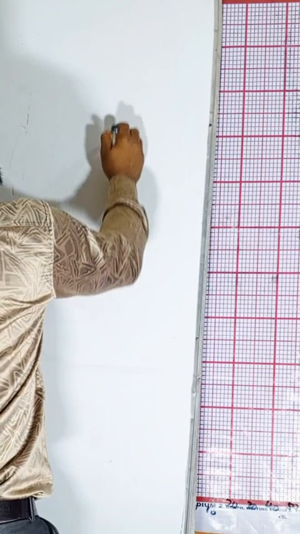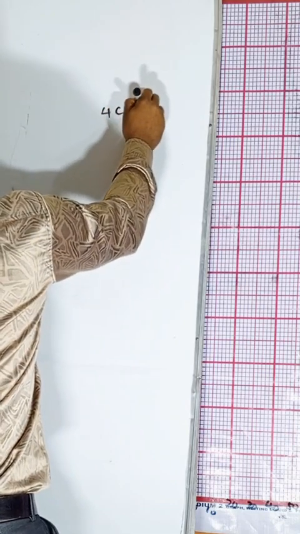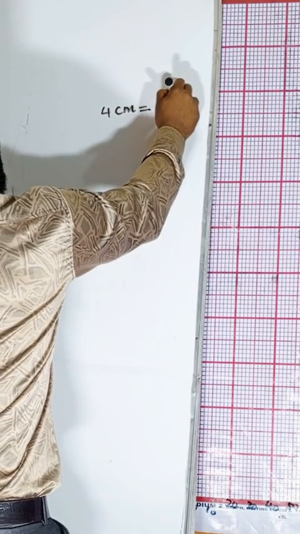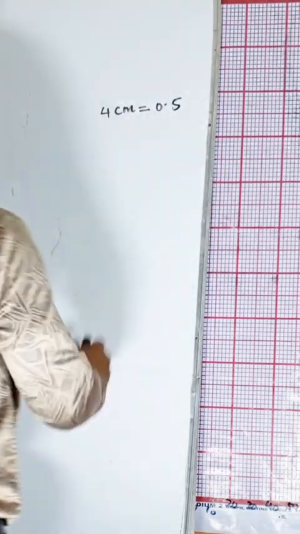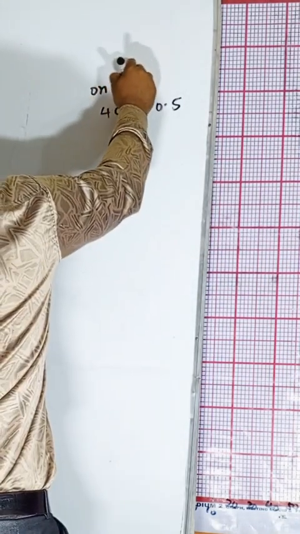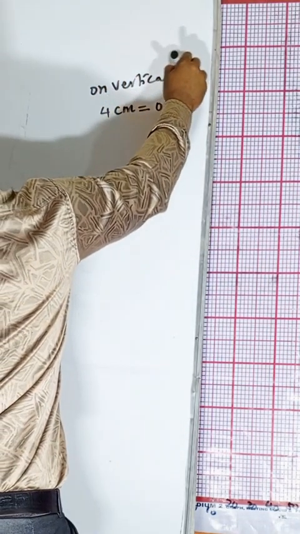If I say that 4 cm is equal to 0.5 on the vertical axis,